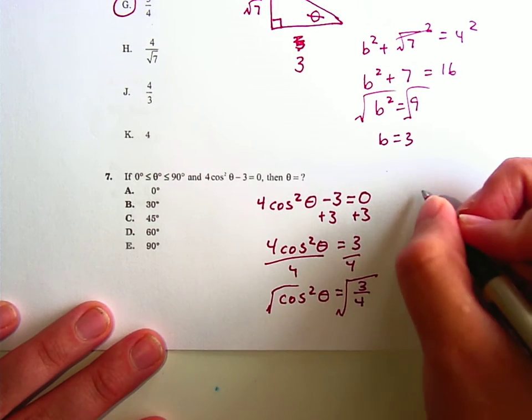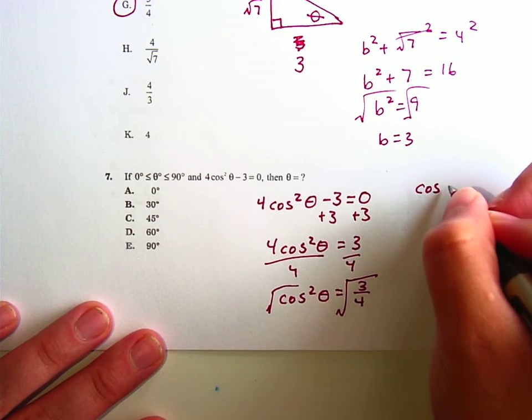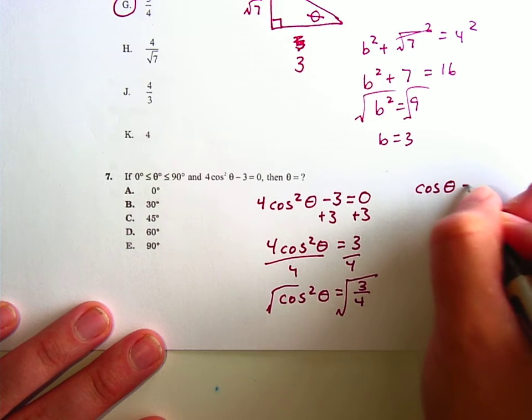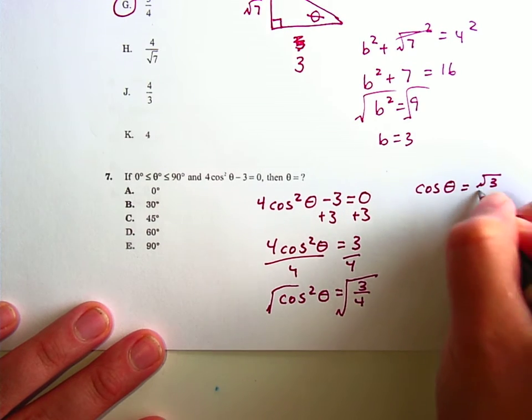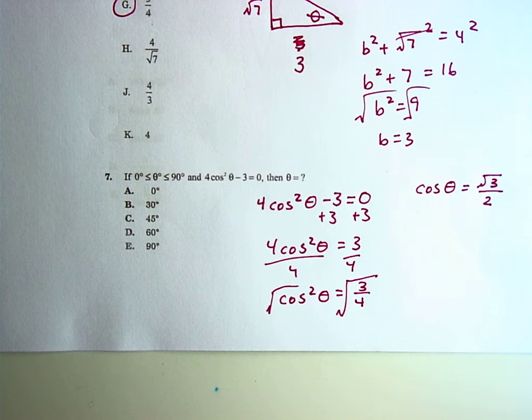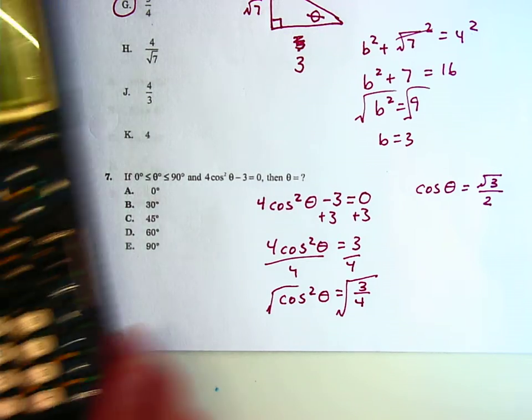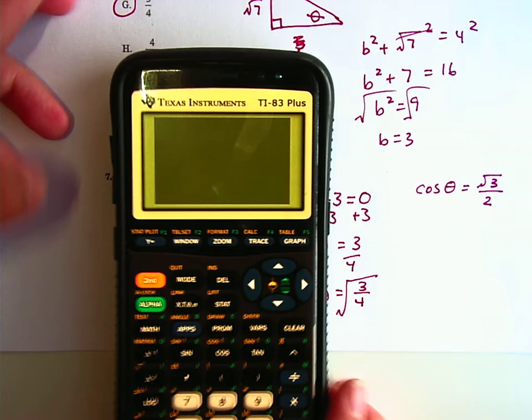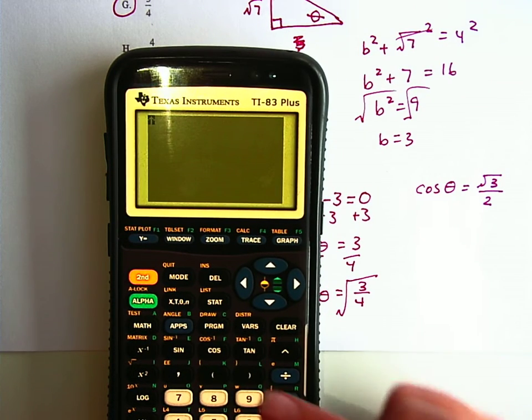So that is cosine theta equals the square root of 3 over 2. Now, if you're in advanced math and you've got your unit circle memorized, because you're amazing like that, then you can do that. But if you don't have that memorized, which most of us don't, you can go here and